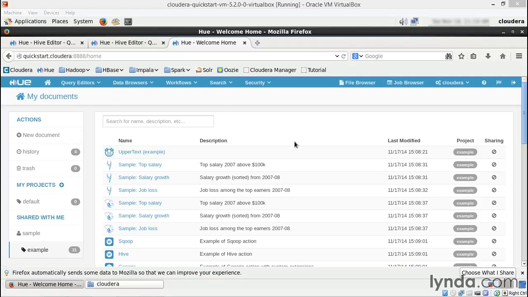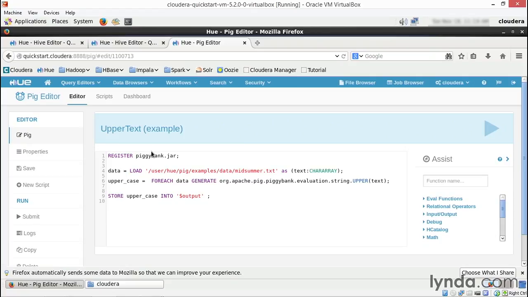Now, you might remember from the Hive section that we ran through the Hive sample queries here. And if you forget with all these different libraries, you can just click right here in the query editors, and it actually shows you. You'll probably remember the pig, though, because it looks like a little pig. So I'm going to go ahead and just look at the pig example that we have here, and let's run through that. So the first thing that we're going to do is register a piggy bank jar